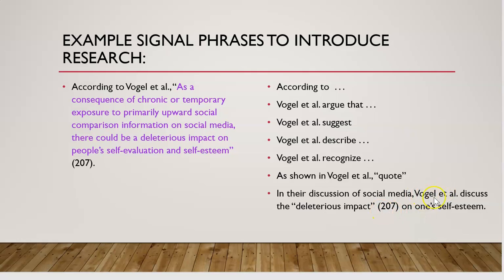So if you have the author's name in your sentence, you don't need it in your citation, but you do need a page number and the author's name if you have a quotation in your essay. If there is no page number, so if you are using an online source and there are no pages, then make sure that you're including the author's name, and then you can just omit the page number there because it's not available or it doesn't apply in that case.